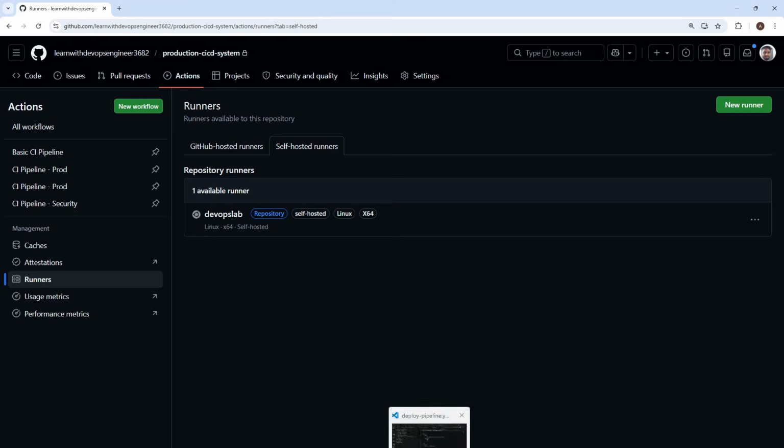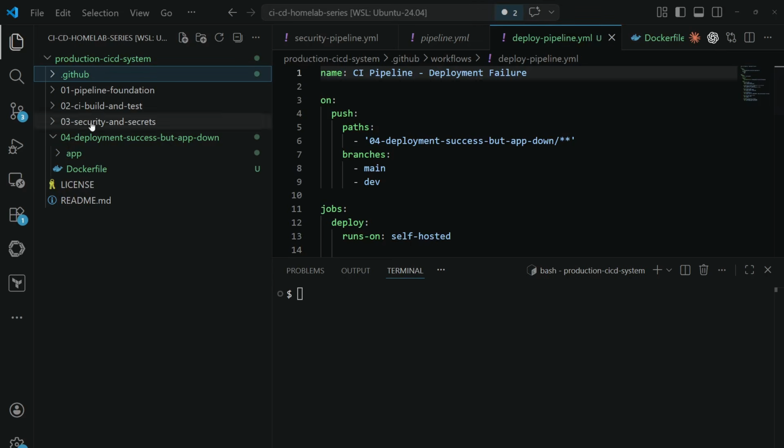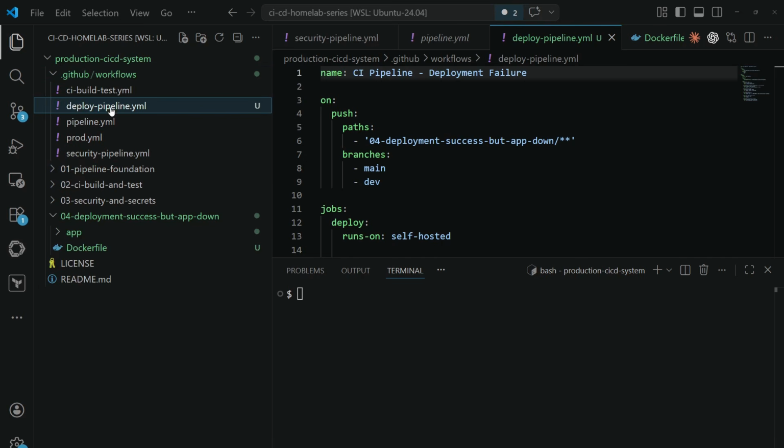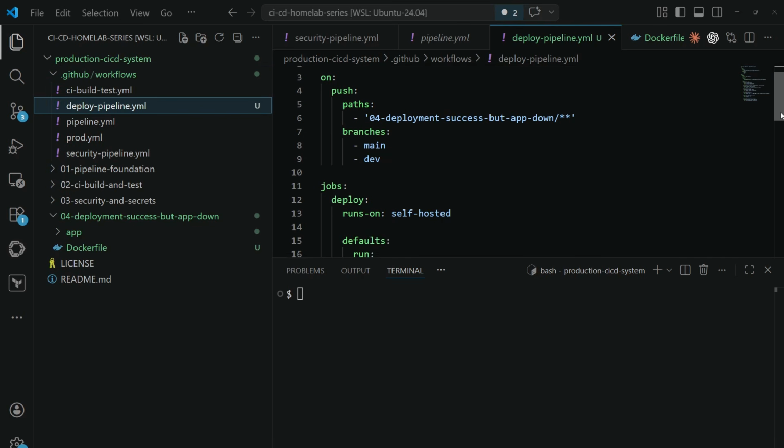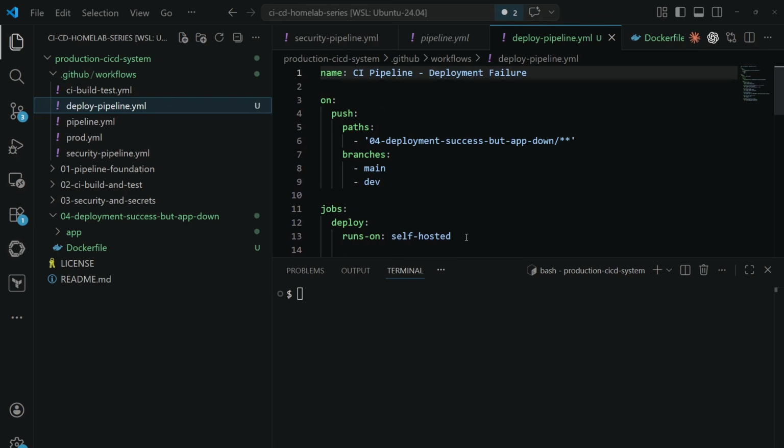I'm going to jump back to Visual Studio Code. Here we have the application source code, episode 4, deployment success, but application is down. And I also created a deployment pipeline. It's almost similar to our previous pipelines. I'm going to explain that real quick. And here I'm going to write it as